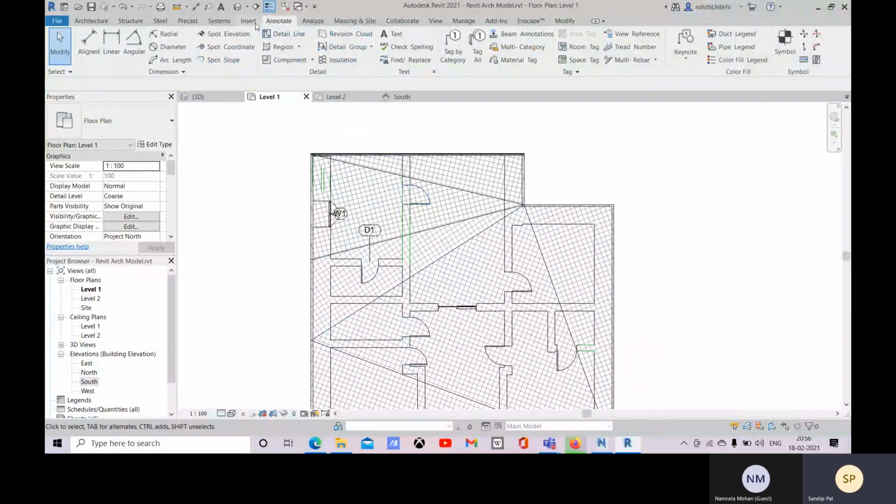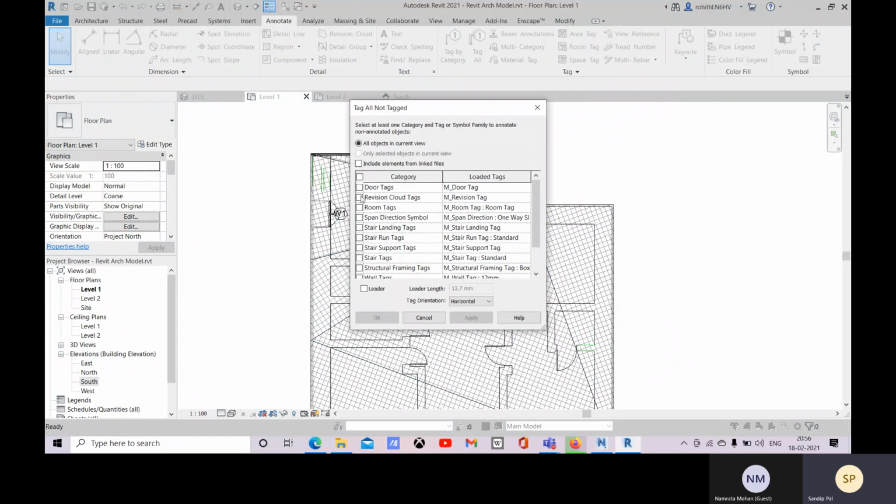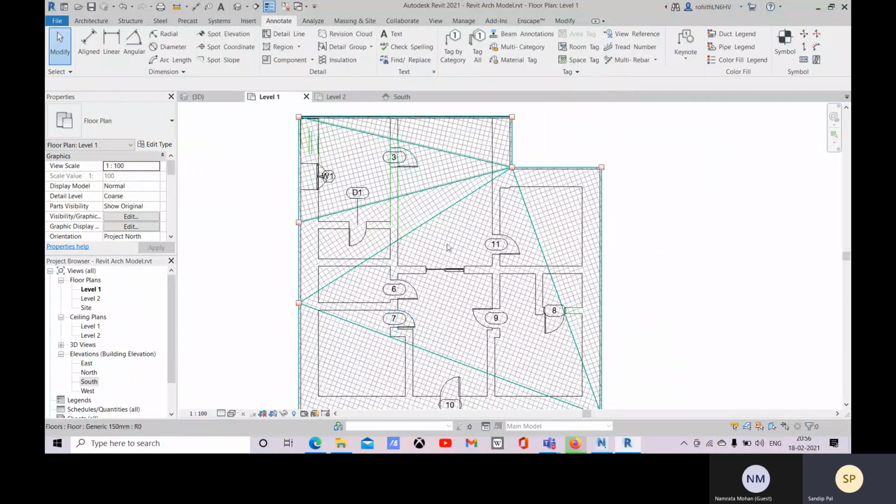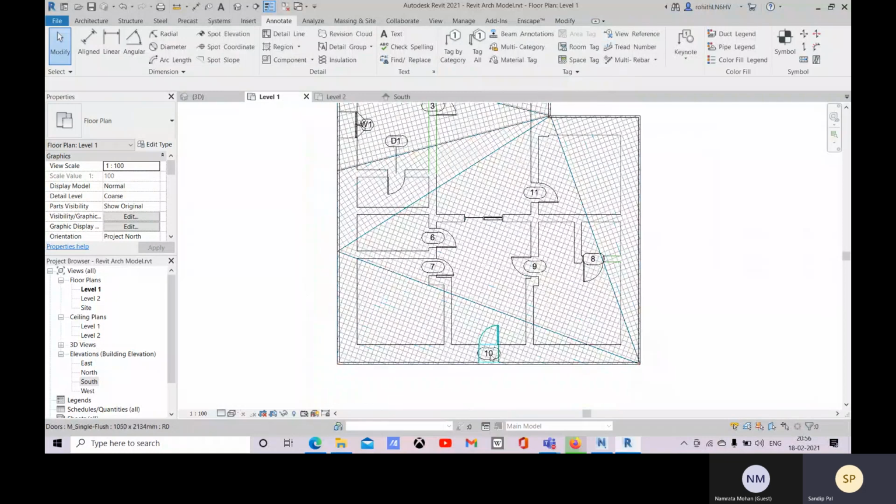Like the same, while placing you can place all your tags, or else you can go to the annotate tab, and there you have this tag category and you have this tag all. So you can select and all the objects will be tagged. And if you go with this door tags, all the doors will have the tags, you see. So this way you can tag all.